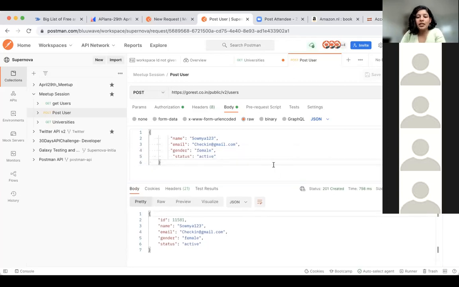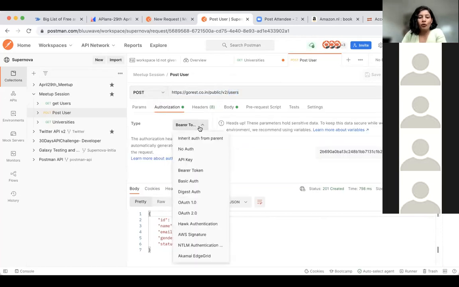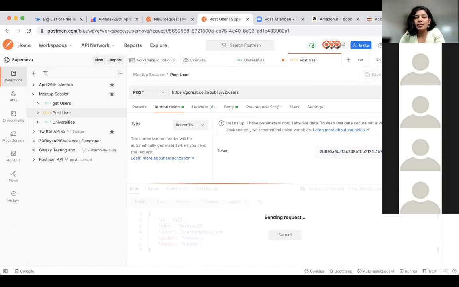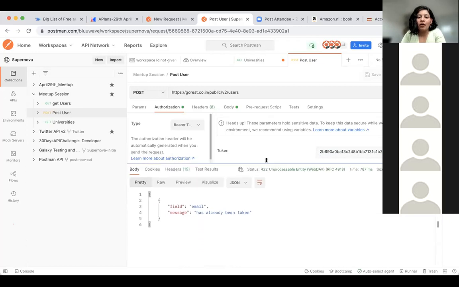Okay, so the post method is usually used to create a new record in your database, and you will be able to create it by making use of the endpoints. So in this case, the endpoint is users. In most of the post operations, you have to be authorized to access the DB. To do that, you have to use the bearer token and put your bearer token in here. And then when you send the request, you should be able to see,